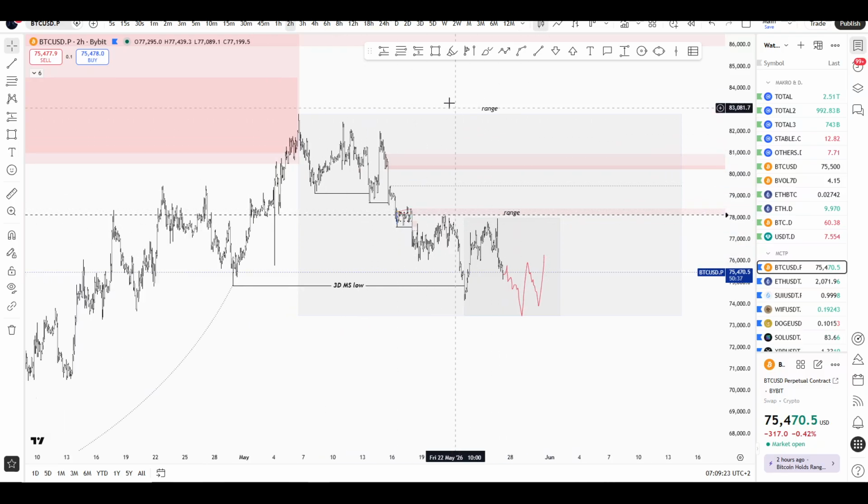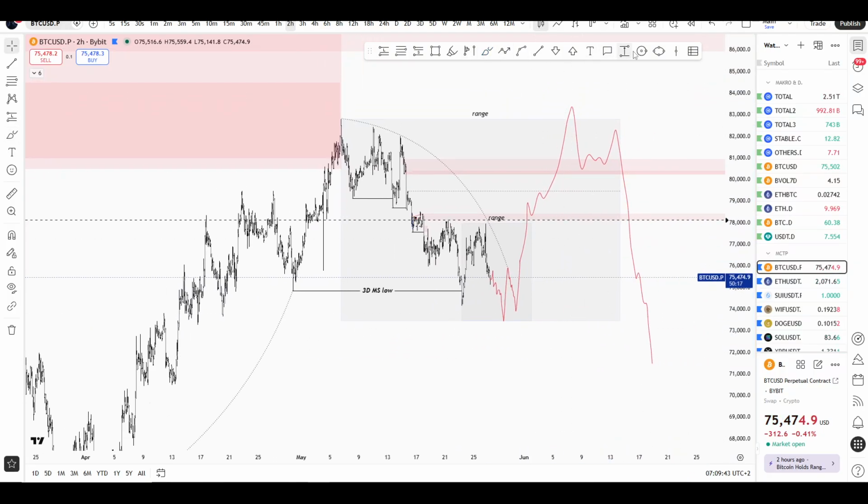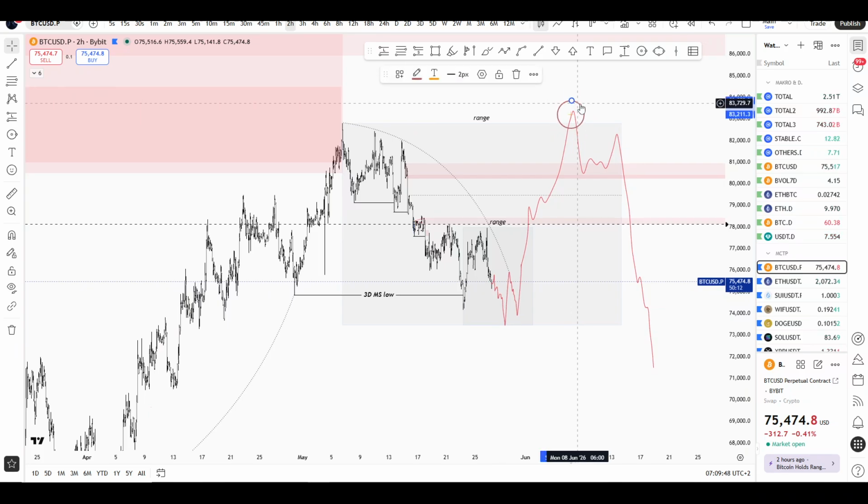And then you can see this is so clean, and you can even connect all the highs via a clean trend line, a trend curve here, liquidity curve. And then I would look at something like this. And we put the high in June, for example. June often is a pivotal month. So either the month is a local high or local low for some time. So this is actually a possibility that